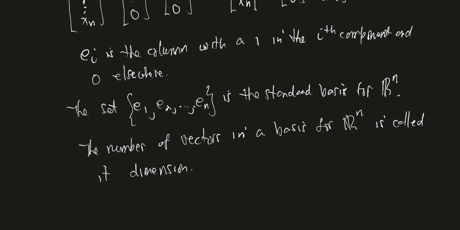Which is why we say R2 is 2-dimensional, because it has a standard basis that consists of 2 vectors. So it's more an algebraic thing and less a geometric thing. And so we denote dimension by dim. So if I were to say, what is the dimension of Rn, then that would be n, right? So the dimension of R2 is 2, the dimension of R3 is 3,